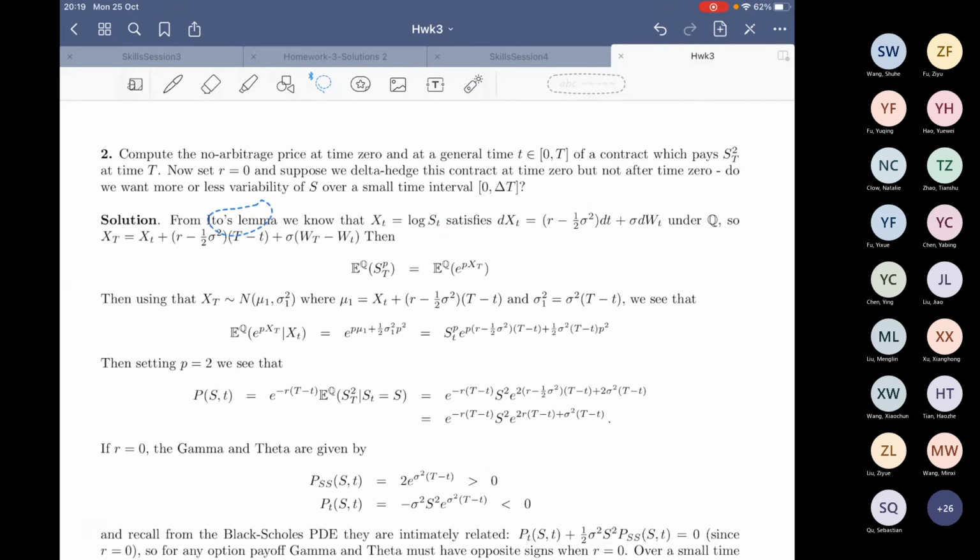Okay, so from Ito's lemma, we know that the natural log of the stock price process, which we usually refer to as X_t, satisfies this SDE. We've done this a few times already, I think, in the videos anyway. So when we integrate this expression from little t to capital T, we get the following: X_T is equal to X_t plus (r minus a half sigma squared) times (T minus t), plus sigma times the change in the Brownian motion. This is just a constant, and this is just a constant, so they don't really have any non-trivial effect when we perform that integration. They are just constants that come outside the integral. So from that, we see that